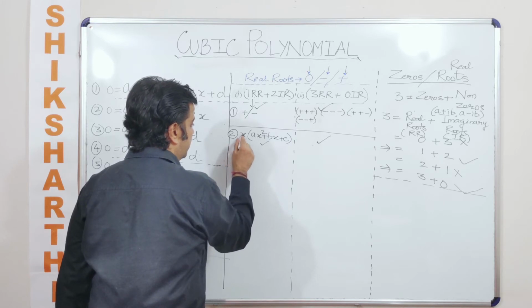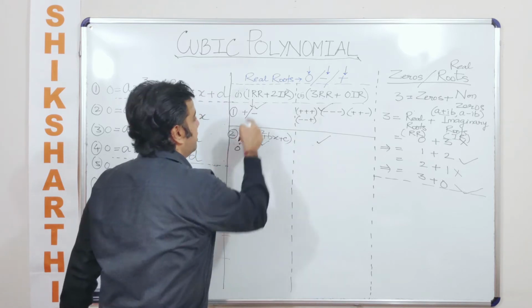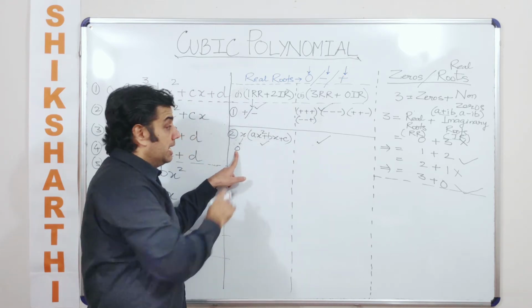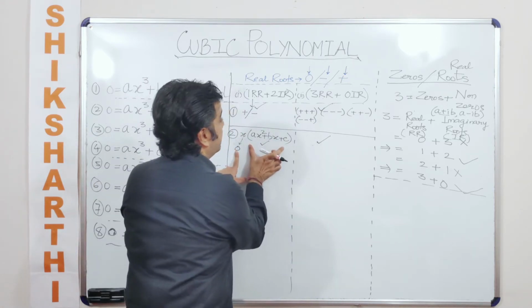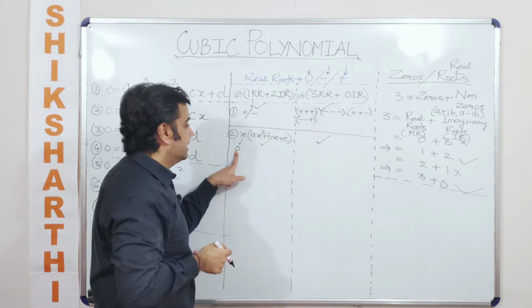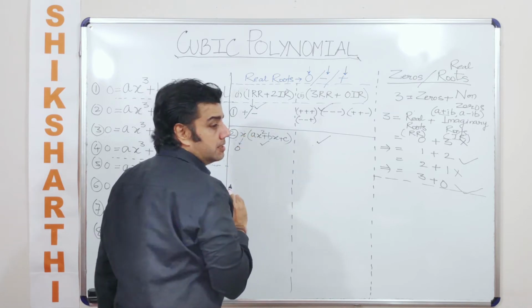Now this root, when we are talking about, we are basically talking about x minus 0 into this. So one of the real roots will always be 0, and the other roots, if they are not real, then we will not talk about, I mean, you cannot have a positive and negative in this case. So in this case, one root will definitely be a 0.